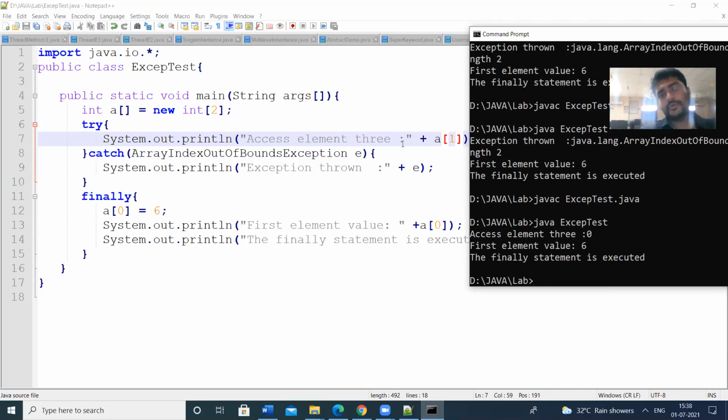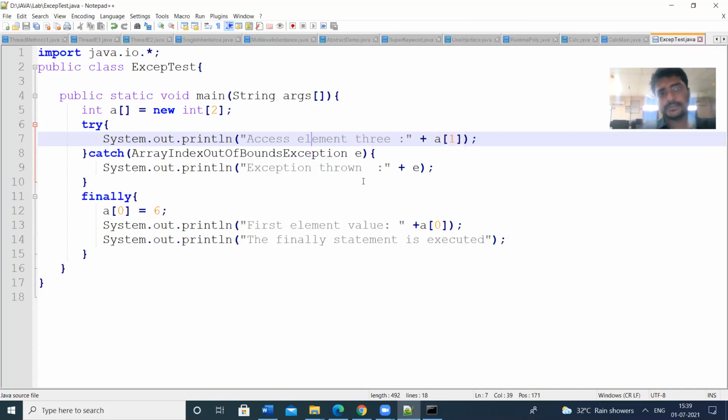So we are going to print the A of 1. That means the A of 1 value is available. That means there is no chance of getting the exception. So that's why the catch block is not executed here. But in both cases, the finally block will be executed. In the case of an exception, the finally block will be executed. In the case of not getting the exception also, the finally block will be executed. So this is how exception handling can be done.